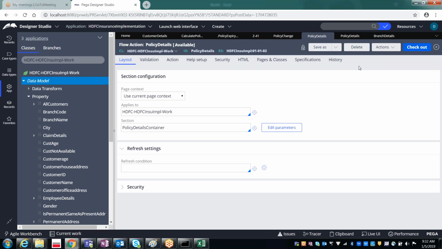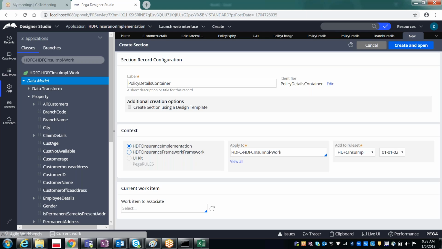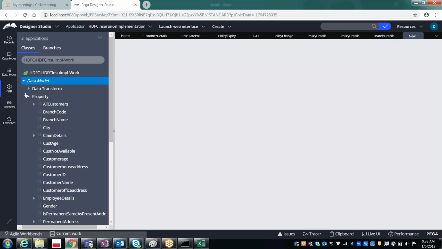In this policy details container, we can include this policy details section as well as the branch section. This is the label and this is the identifier, which means it's a name. Just create and open.